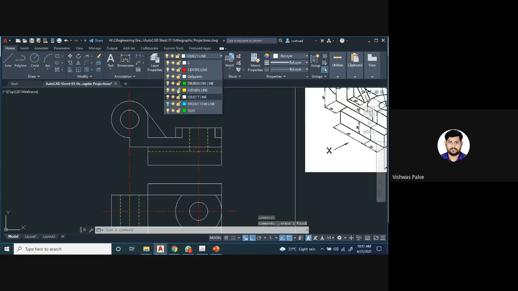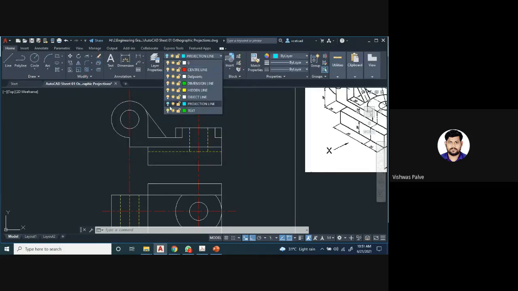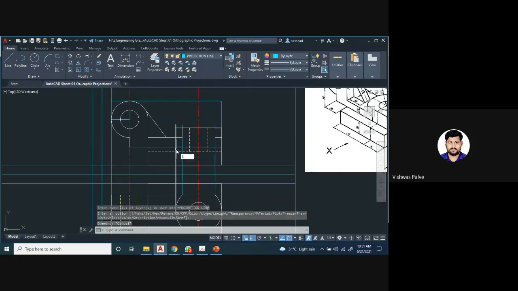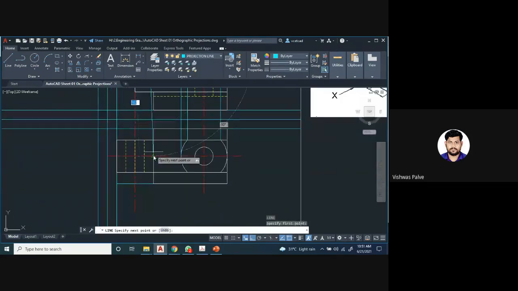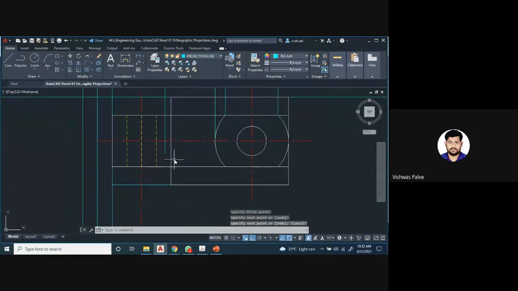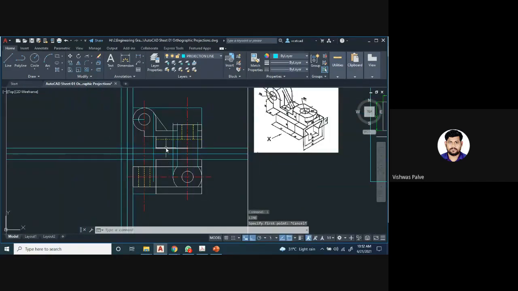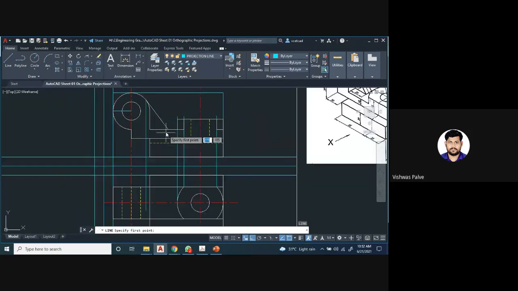Now I will use a projection. This is very important. Turn it on. Projection lines, I will turn it on. L enter. From this point, I will take a projection here. Undo. L enter, because it is merging at this point. So I will take projections. From this point, L enter. I will again take a projection of this point also, this rib. L enter, select the object line first, L enter.